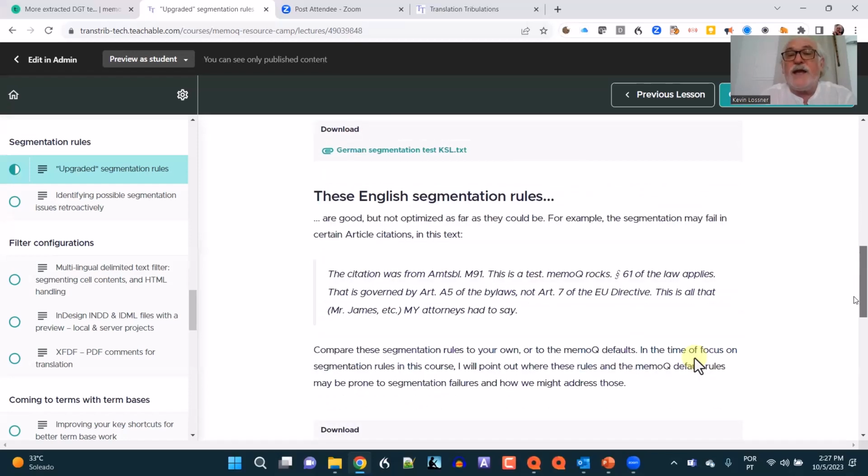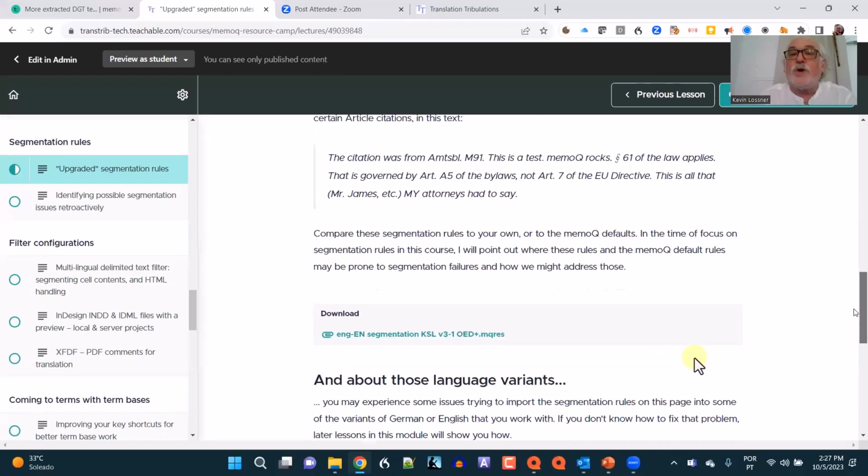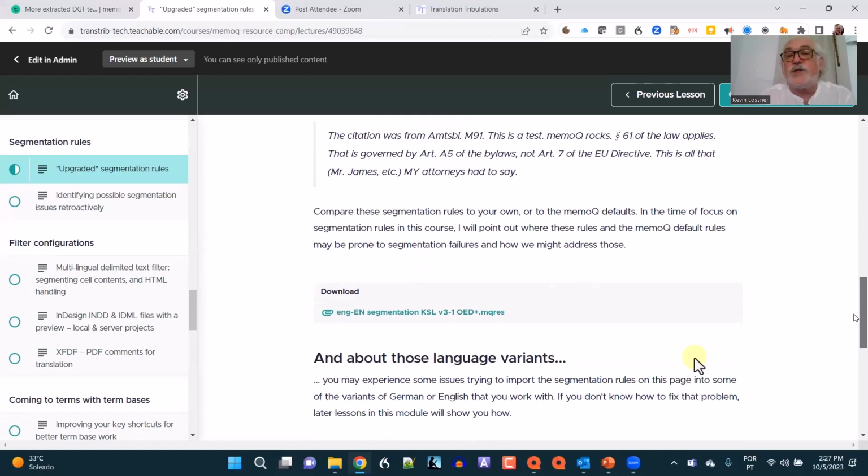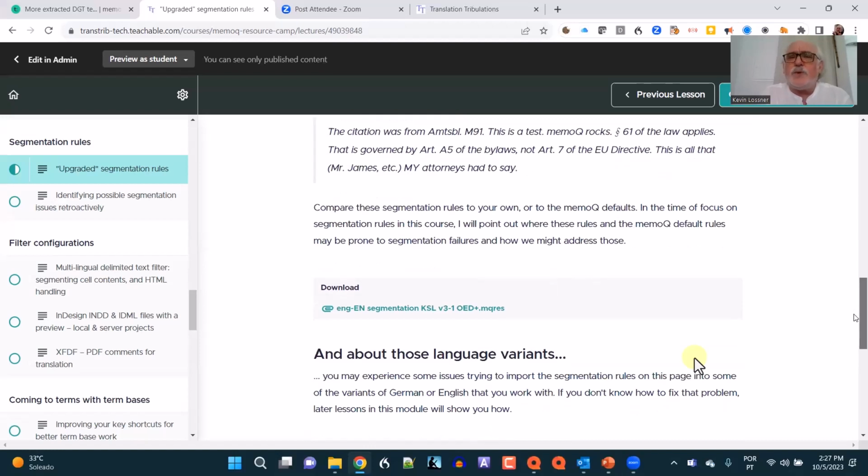There are also some English rules for people who work with English source texts. And these rules are much less developed than the German rules. However, they have a lot more segmentation exceptions, which I drew from a careful examination and testing of a list of abbreviations in the Oxford English Dictionary some years ago, as well as adding a little bit of code to